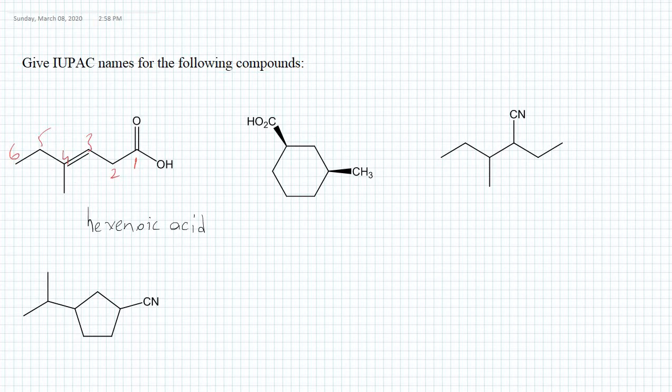After that, we have to look here. We have a substituent at the fourth position, and it's a methyl group. So this is going to be 4-methyl hexanoic acid. And here we have to tell the nature of the alkene, whether E or Z or cis or trans,